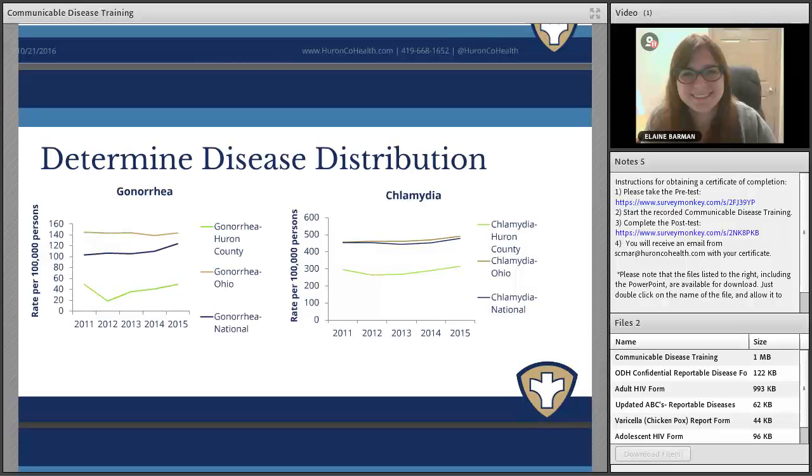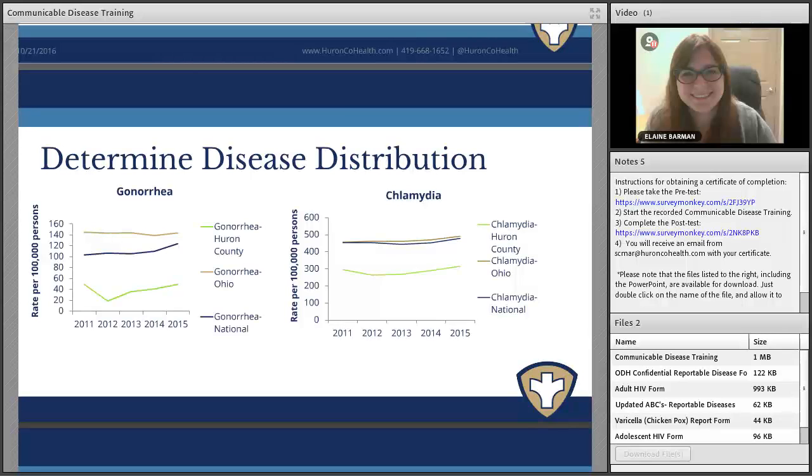And we can also compare it to other surrounding counties. We can compare it to peer counties. So we can use this to compare ourselves and see, okay, are we really high in a certain illness, and maybe, what's going on in our county that's not in others. And then